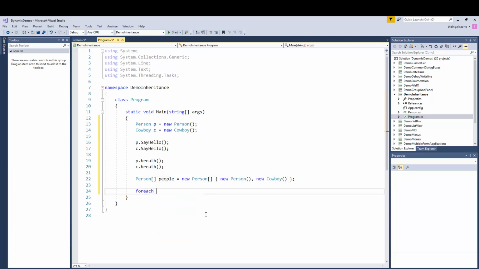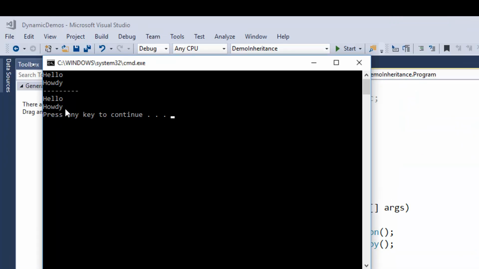Now I can iterate through that array and call that virtual method. And let's put a little mark on this so that we can see where we are in that code. Now, when we run the code, the important thing to see here is that when I called somebody dot say